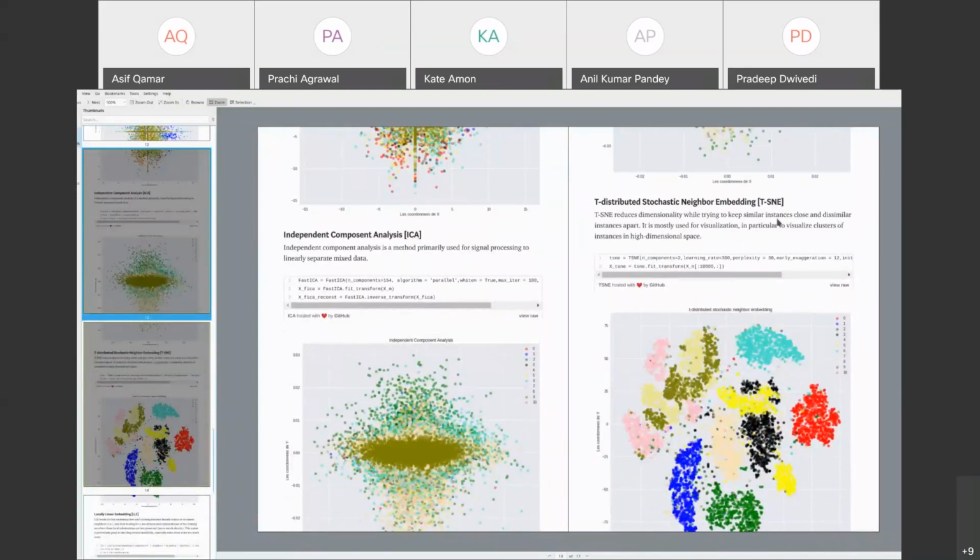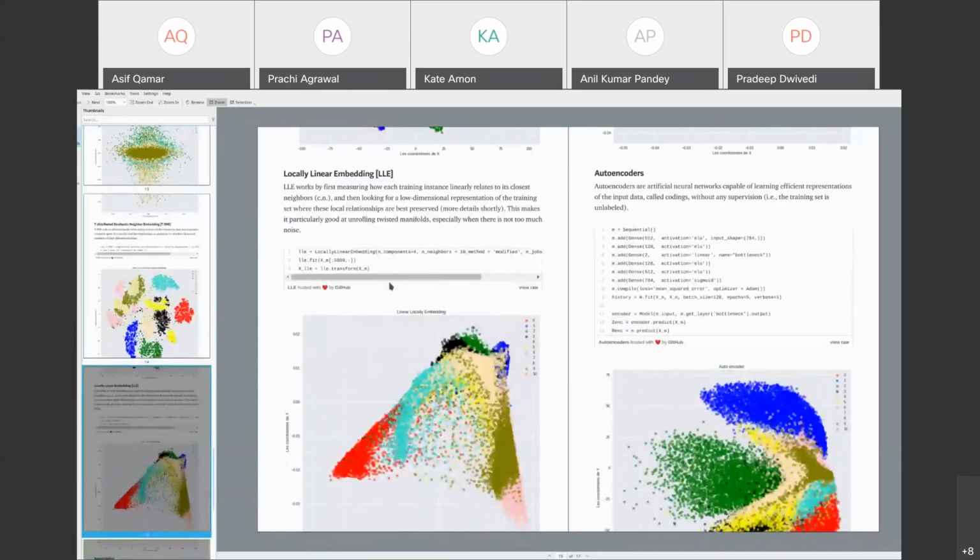But then comes a very, very interesting method. It is called t-SNE, t-Distributed Stochastic Neighbor Embedding. Quite a mouthful. Very powerful method. If you look around it, you can clearly see that as a dimensionality reduction technique, this has worked clearest. Do you see that the clusters are fairly well separated? It's not perfect, but it's pretty well separated, isn't it? Definitely. Then there's locally linear embedding. It produces this, not too good.